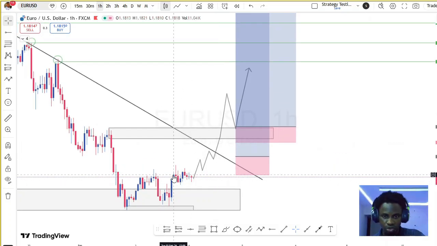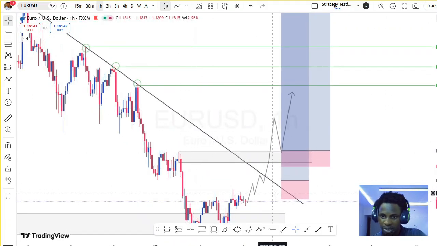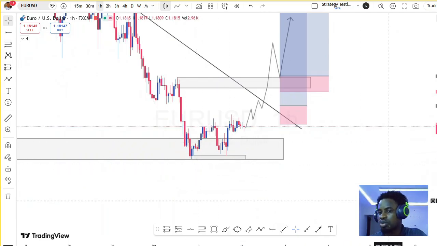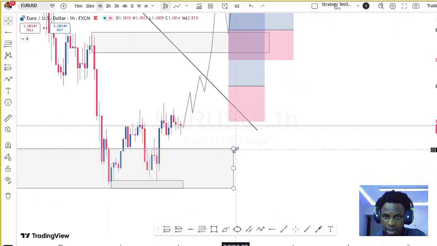That's why I'm not on this trade on EUR/USD yet. Though GBP/USD, I'm on the trade already. But for EUR/USD, I'm still patient because I didn't have confirmation yet. If I actually want to get in the trade, I will get in with this little order block I thought, yeah. This was